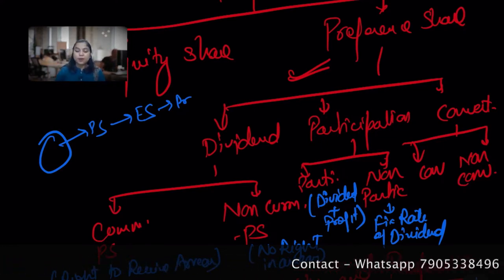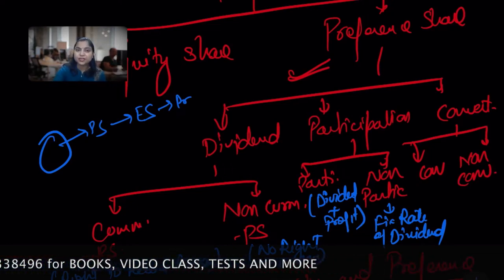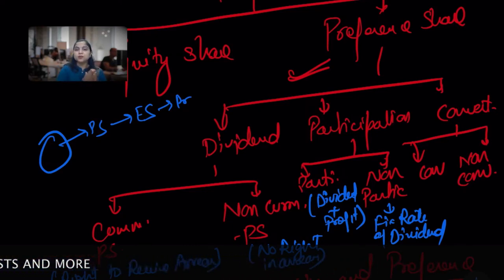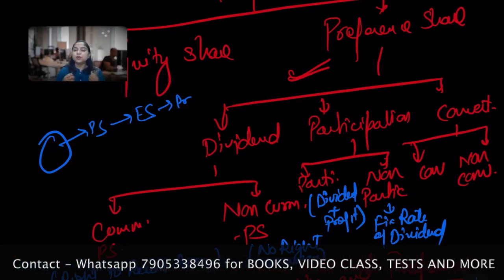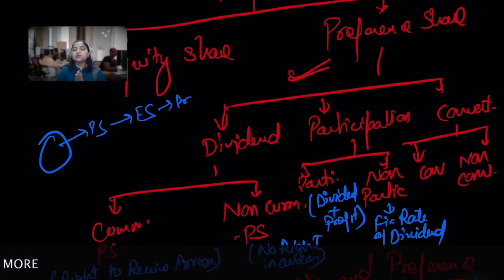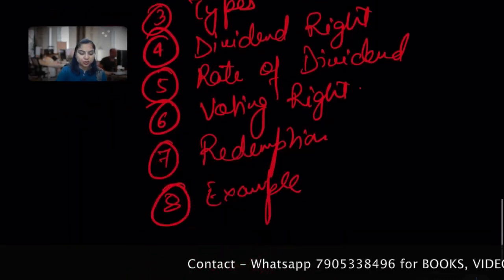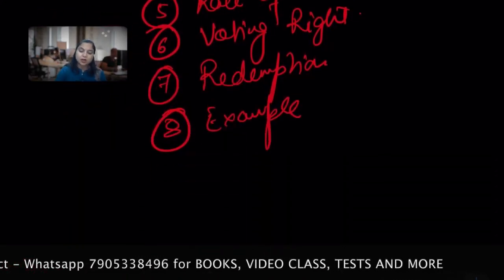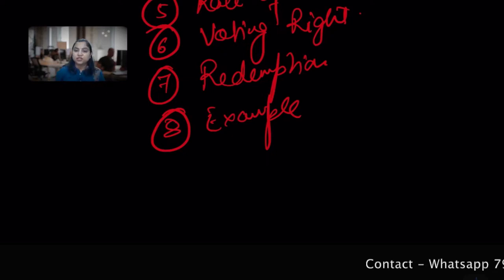I hope I helped you understand a brief about these types of classes of preference shares. Now I'm going to discuss something more about the disclosure on the share capital. Okay, that is the share capital which is invested with the aim of generating revenue to run the business. Capital which is raised from the public, and people who contributed to the share capital are known as shareholders. Persons who hold the equity shares are called equity shareholders. Persons who hold the preference shares are called preference shareholders.